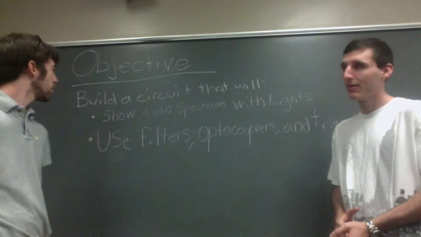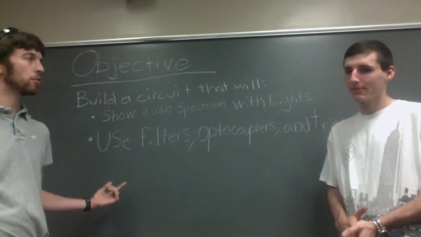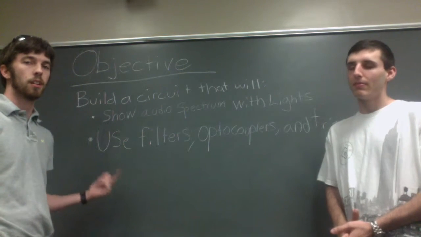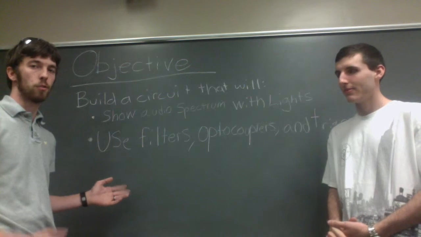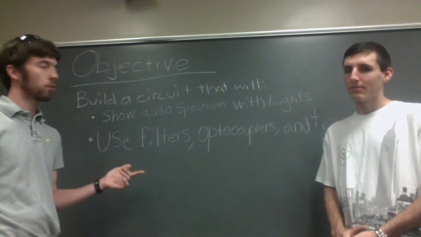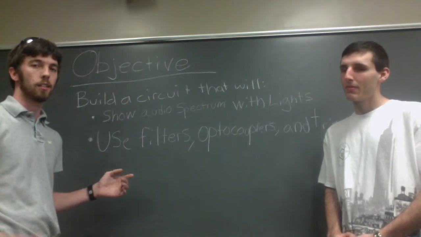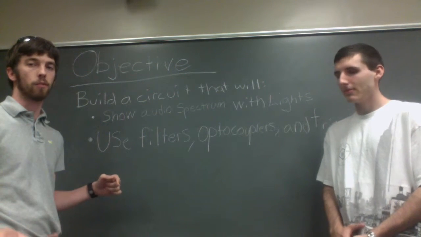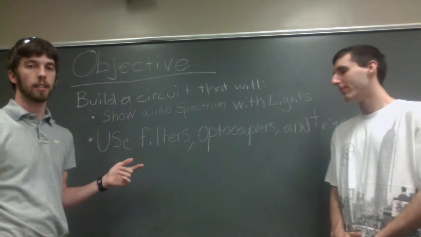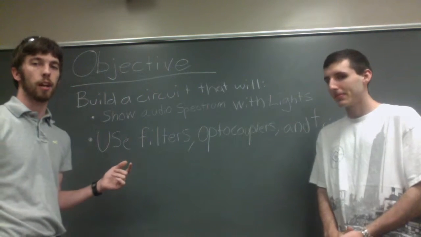lights. To do this, we used filters, optocouplers, and triacs. The filters separate the audio spectrum into high, mid, and low. The optocouplers isolate the DC voltage from the high-powered AC voltage, and the triacs actually switch the 120 volt on and off. Our material list included